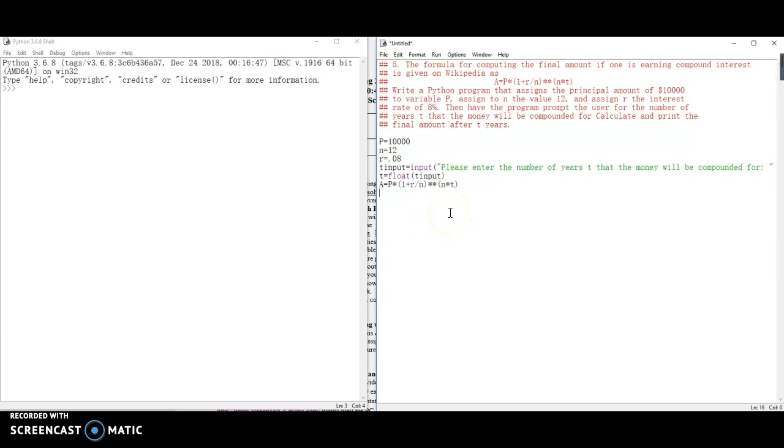And then we can print the final amount after t years is, comma, and we will put a, which represents the formula here,